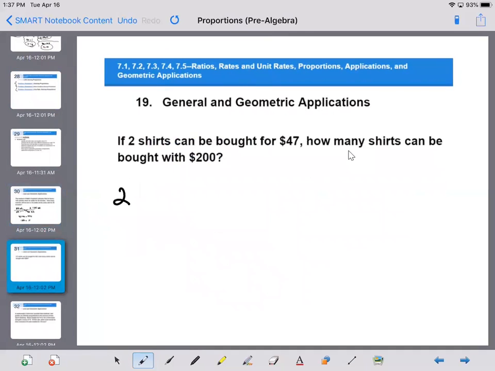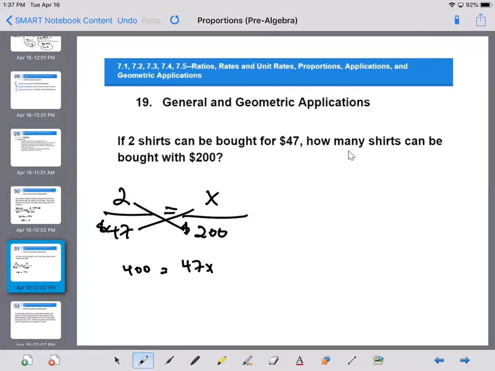If 2 shirts can be bought at $47, then how many shirts could be bought at $200? So again, as long as you're comparing everything correctly and being consistent, 2 times 200 would be 400. 47 times x would be 47x. And when you take 400 and divide it by 47, you're going to get